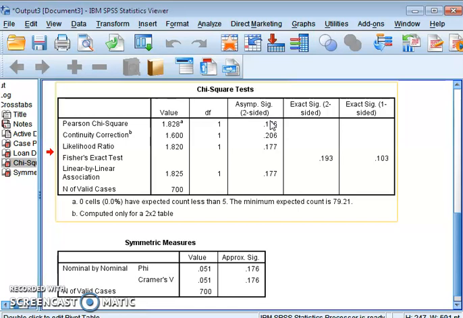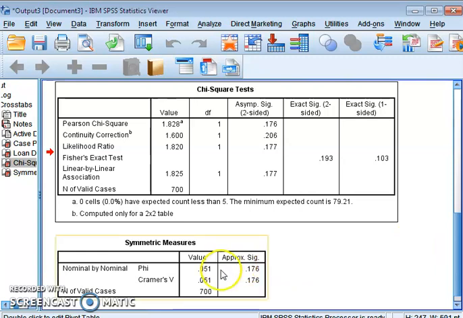So we will reject the alternative hypothesis. That means there is no significant association between gender and default. Bank loan default and gender are not associated with each other. There is no association between these two variables. So this is the interpretation.